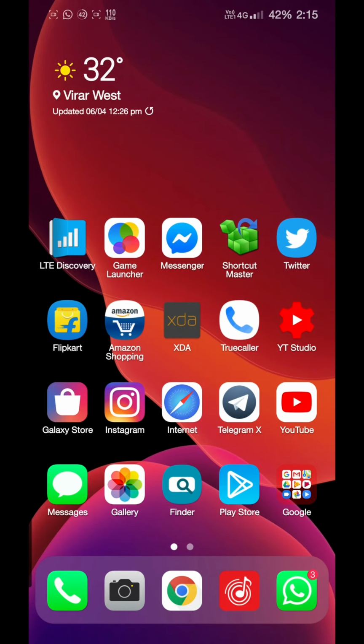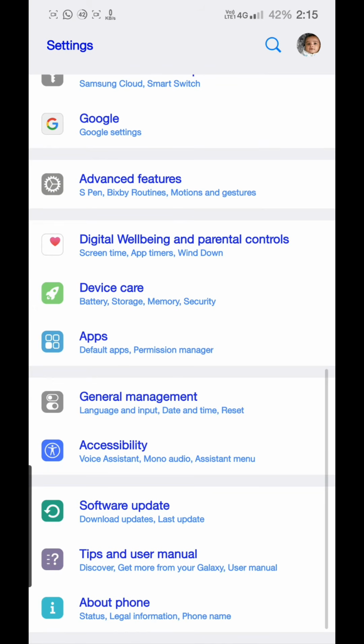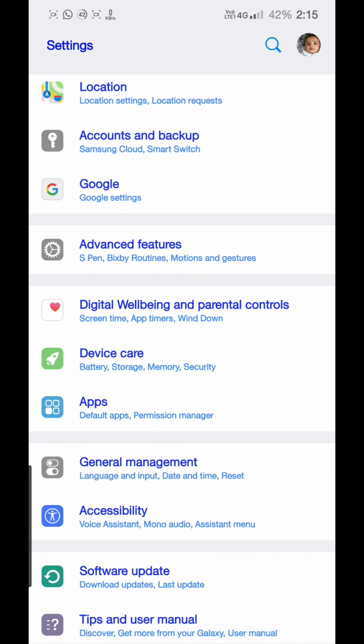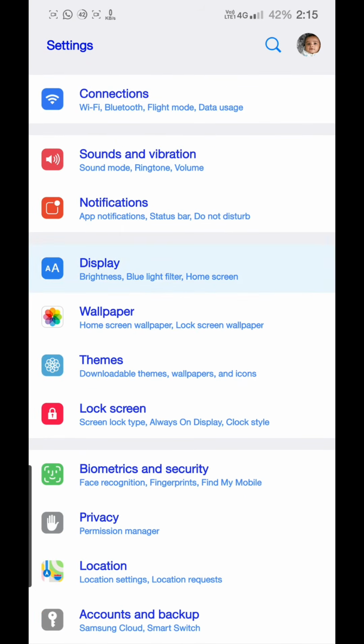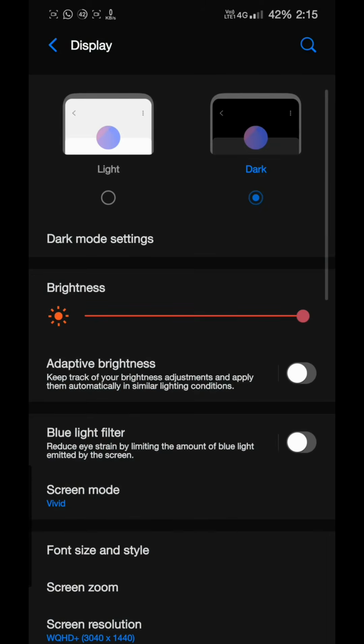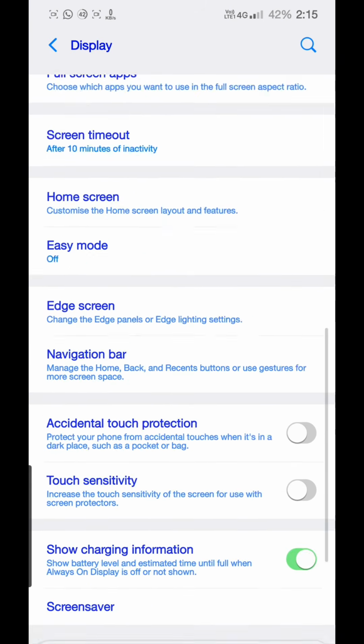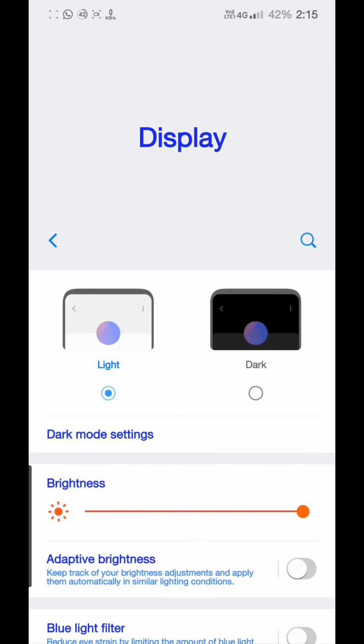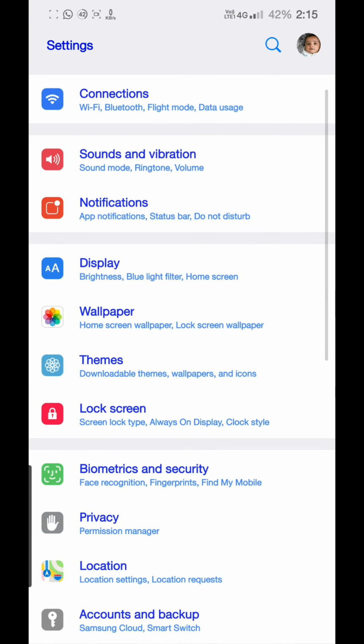Okay. Next thing that has been changed, and I see this is a big change and the best UI change, is in display. As you can see, the dark mode setting has been shifted here to the upside and not as just a toggle button. You can now change dark mode and light mode from just a click away from here. So yeah, this is a UI change, but the main features remain the same. The UI has been changed a bit.